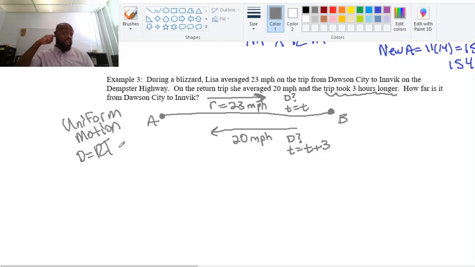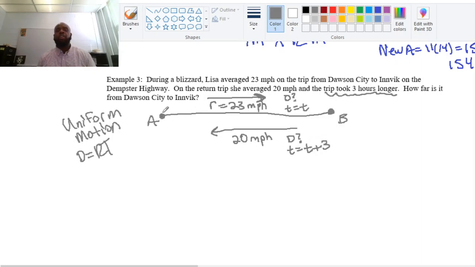Now, with this said, I want to know the distance from A to B, Dawson City to Inuvik. I know that I have my rate here. I know the time is given by the variable T, but I don't know the distance. Here I have a rate and a time representation. So to set up my equation, I realize that